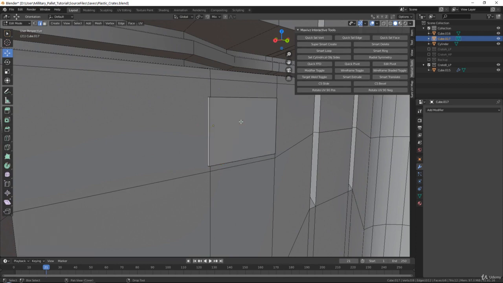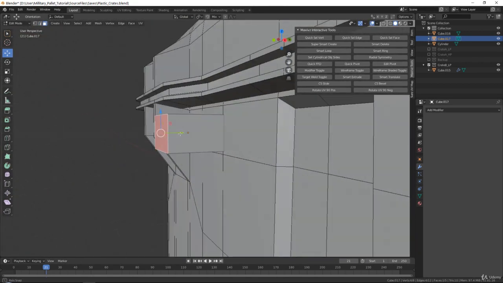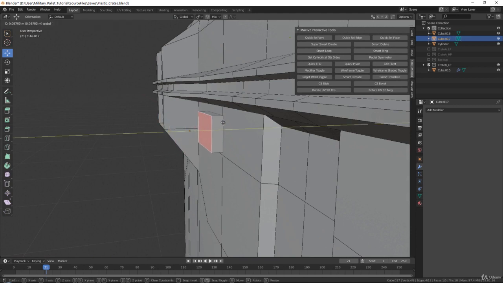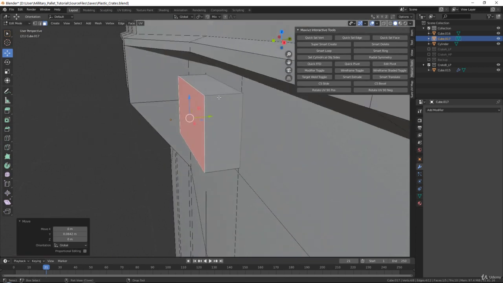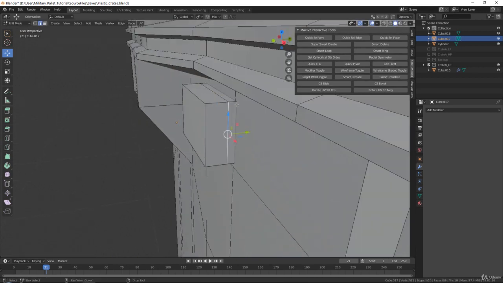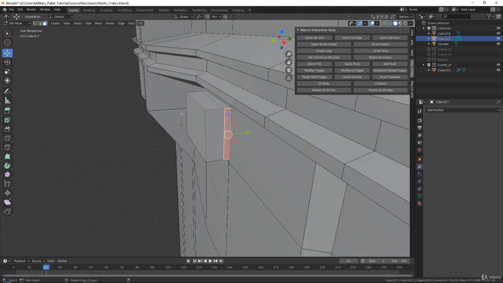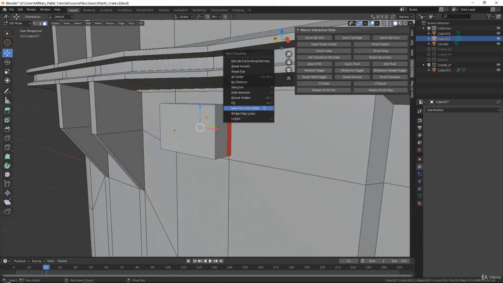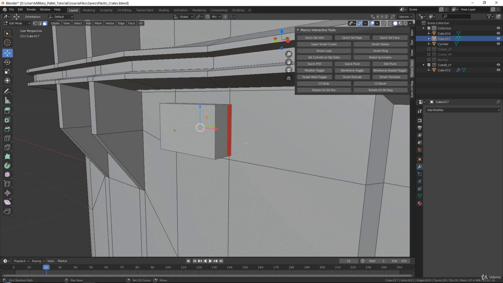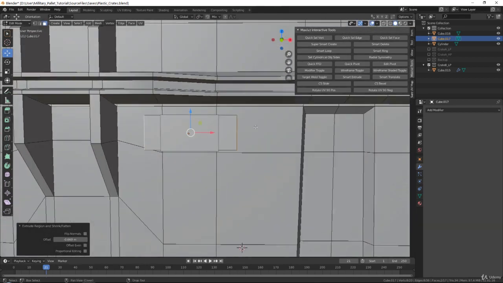Let's go ahead and do like a face select on this side. Let's go ahead and move this in here. Yeah, let's extrude this out and let's then do like a Ctrl R in between here so that we can now extrude these two pieces. And press Q. Because once again you cannot do a normal extrude. You just need to press Q and extrude face along normals and then you are able to do it. There we go. So we got like a little